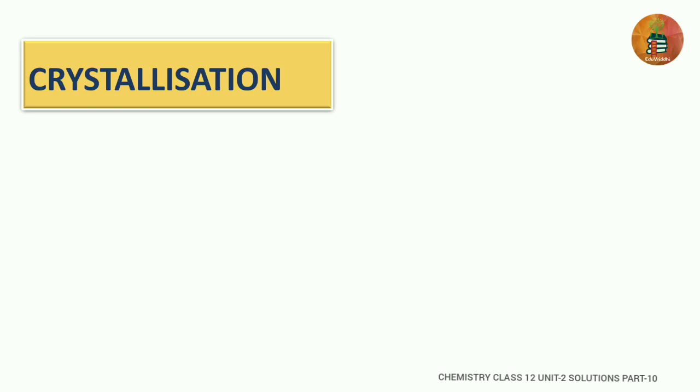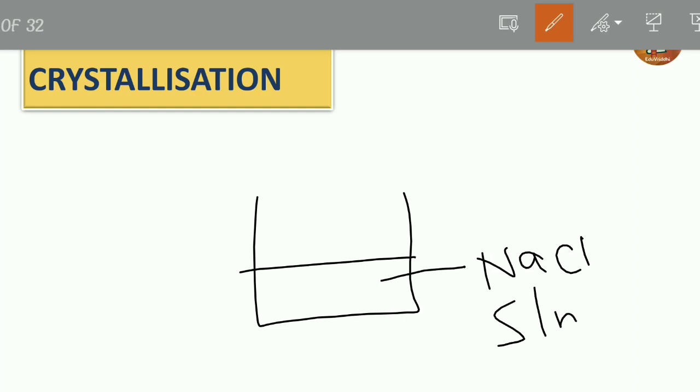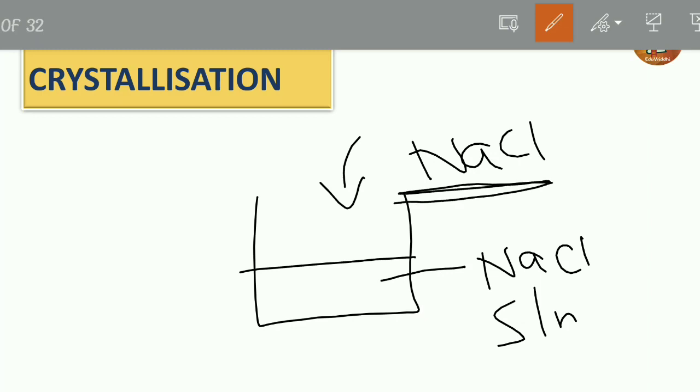Next, we have to study another term called crystallization. As the name tells, here we have the word crystal. So consider a solution already added with the solute. Some solute is added already into the solvent to give some solution. Let me take a sodium chloride solution. Already we have a sodium chloride solution which is got by adding some sodium chloride solid into water which is taken as solvent. Now further, from outside, if you add extra sodium chloride salt or solute,